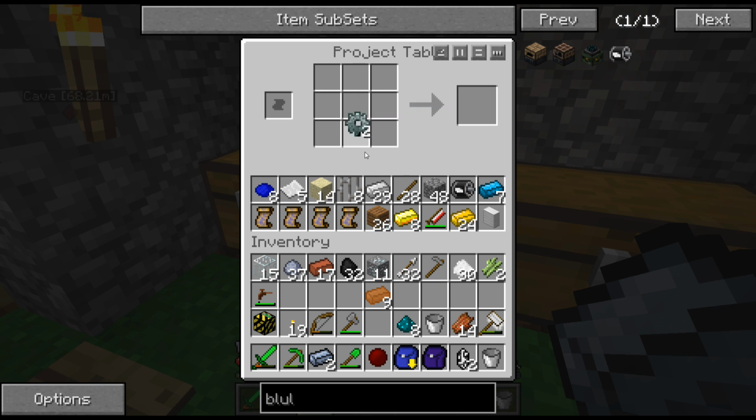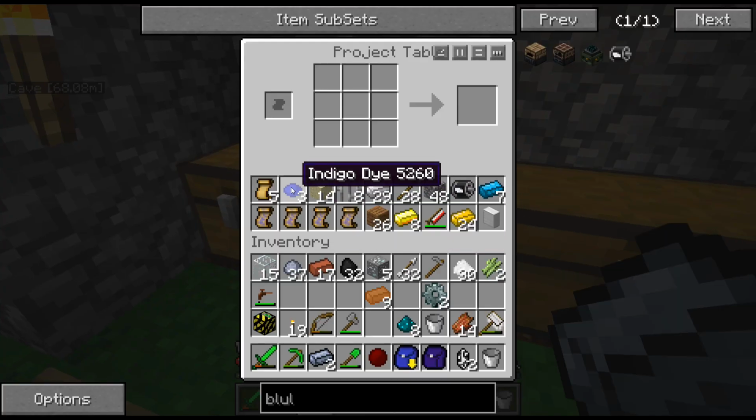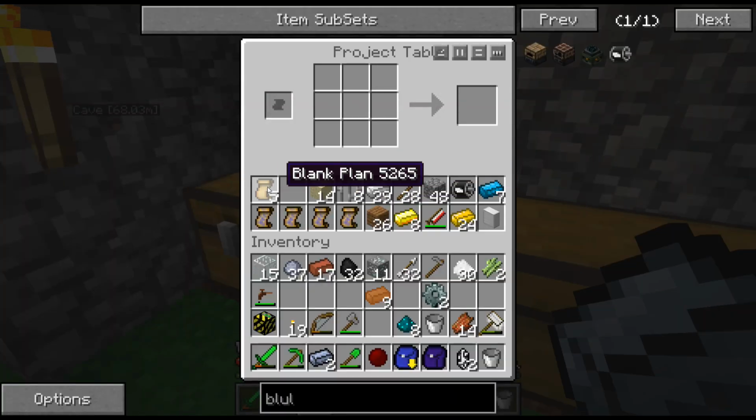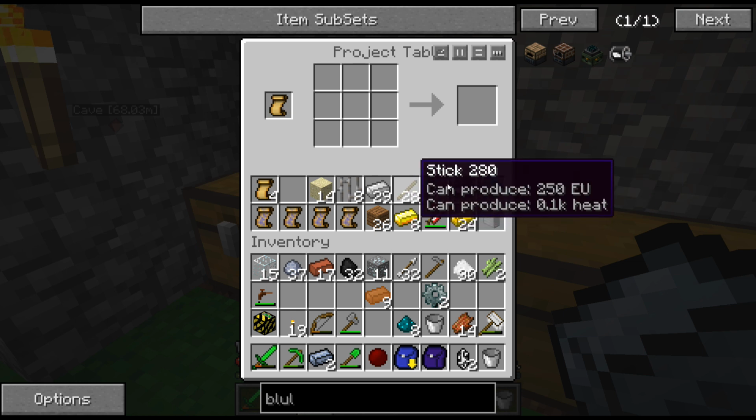Oh, I ran out of... Okay, let's make a couple more of these plans here. Indigo dye can probably just go... Oops. Let's put that away real quick. We're really running out of space with one project table. Okay, so let's put another blank plan in, and then we're going to teach it brass gears, which you need...